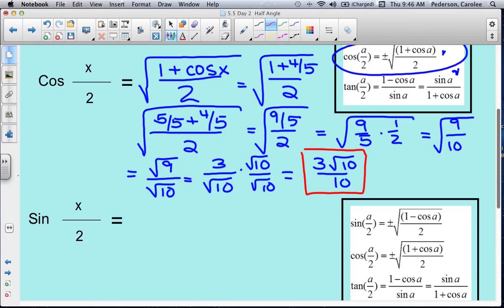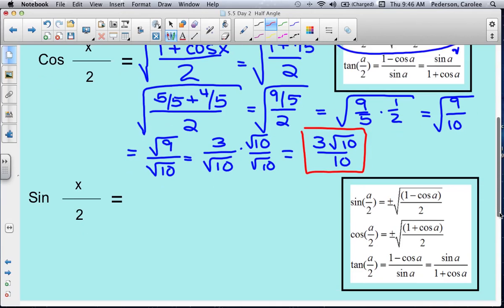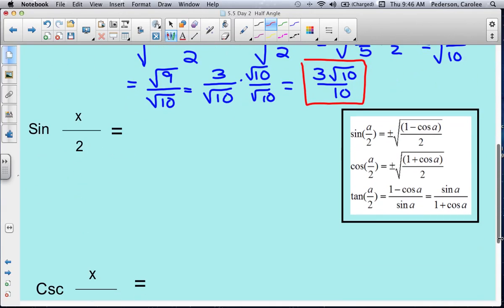Next one, sine of x over 2. We're going to do the same thing again, but now where is our formula? Off to the right here in the box. The first, second, or third? The first one. Yep. So now we have 1 minus the cosine of x